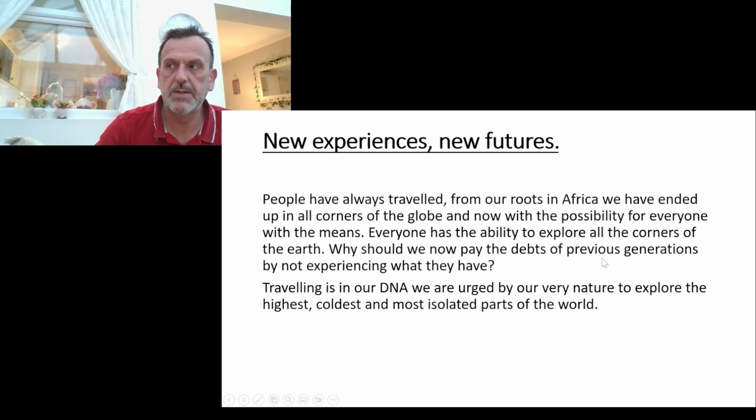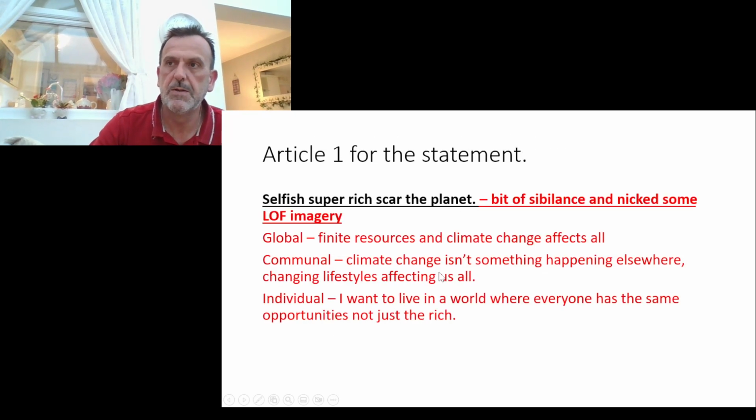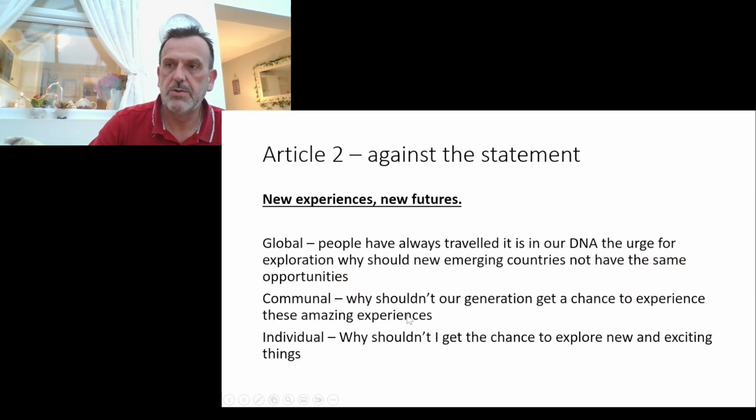But why should we now pay the debt to previous generations by not experiencing what they have done? I suppose I should have added, travelling is in our DNA. We are urged by our very nature to explore the highest, coldest, most isolated parts of the world. Our DNA, again, making it collective, this affects us all, and the triplet, trying to point out extreme travel. And then I'd go into